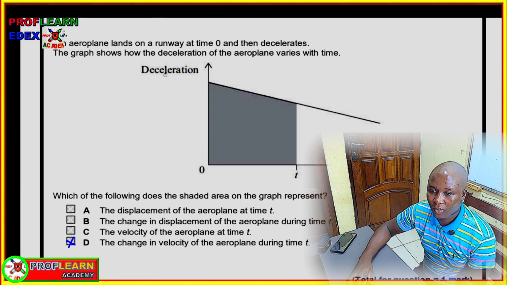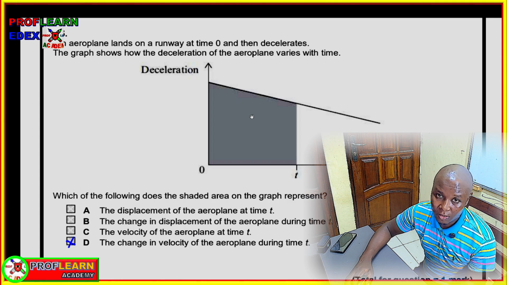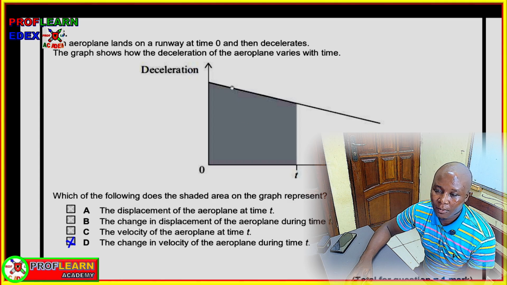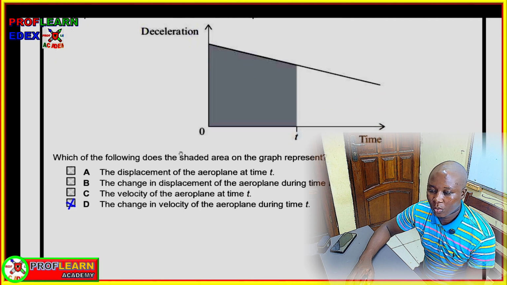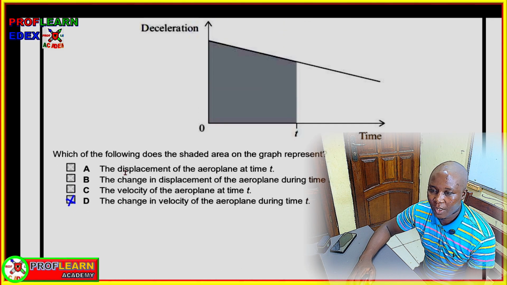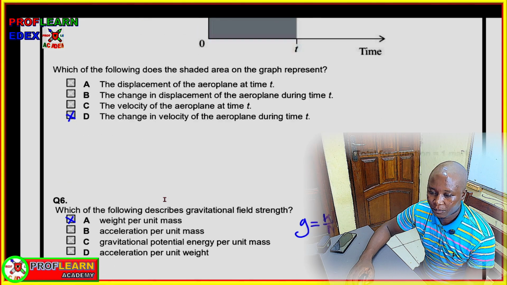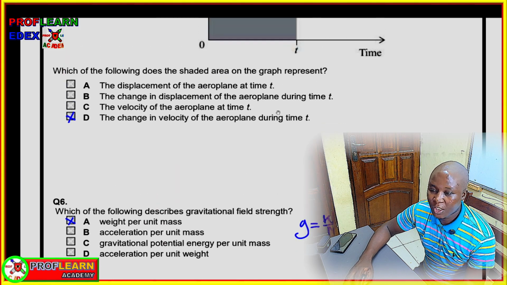But if it was a velocity-time graph, the area under the graph would represent the distance traveled, and the gradient of the line would represent the acceleration. So you need to understand that the area under an acceleration-time graph represents the change in velocity during time t,